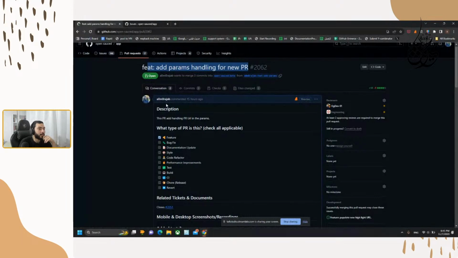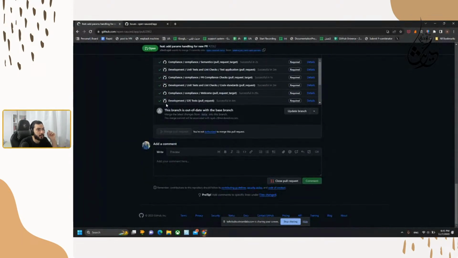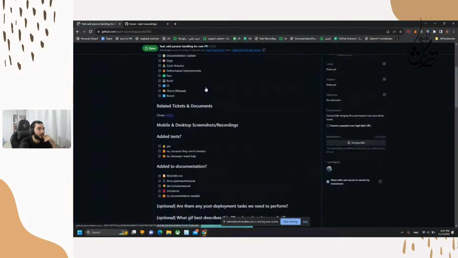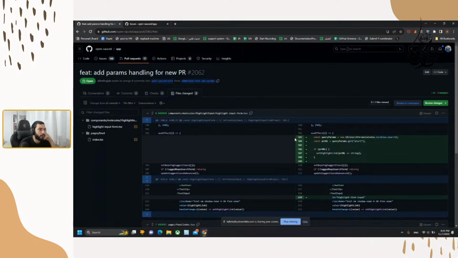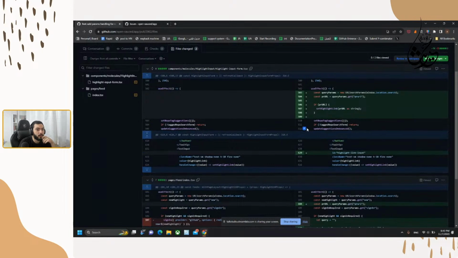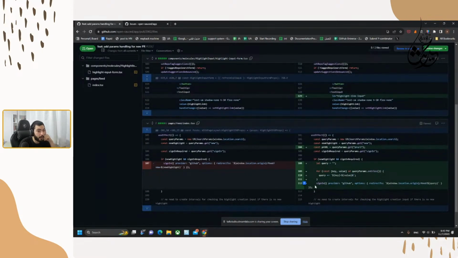Yesterday, I worked on the params handling for new highlight of adding in the open source app, but I noticed that the logic of logging in is kind of broken and that could be improved, so we could force login if someone is trying to add a new highlight but is not logged in. Or